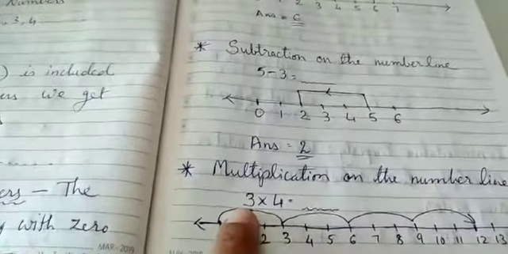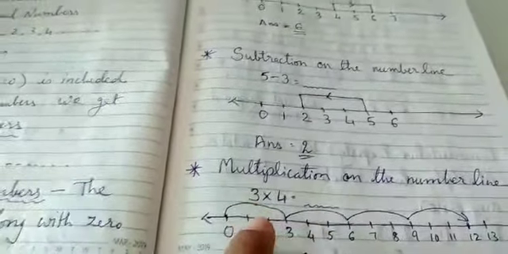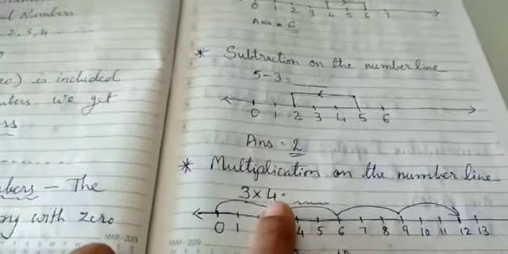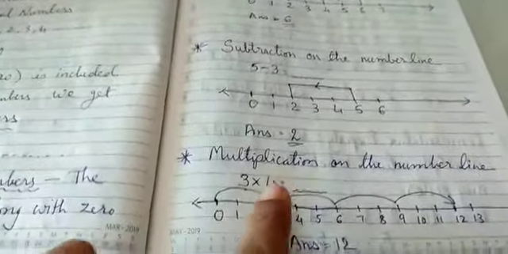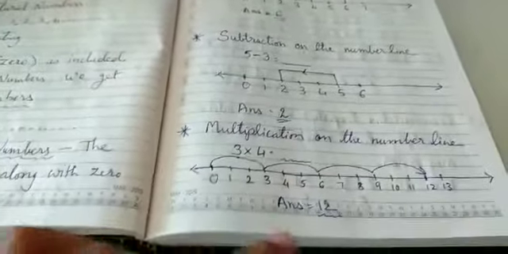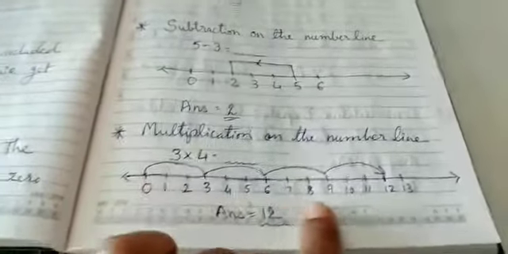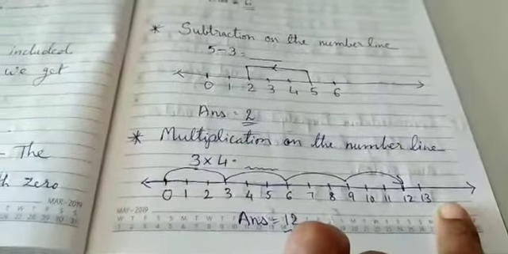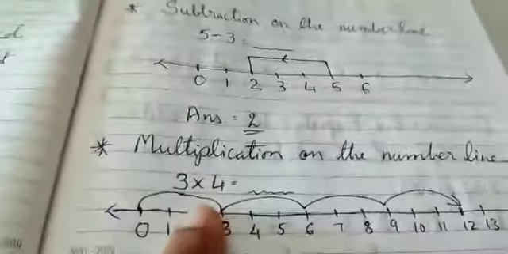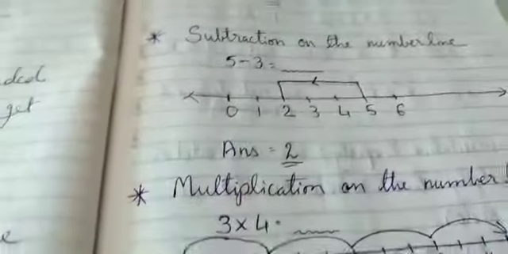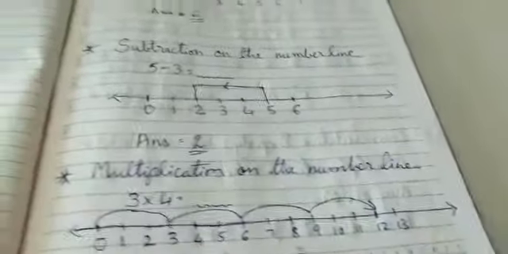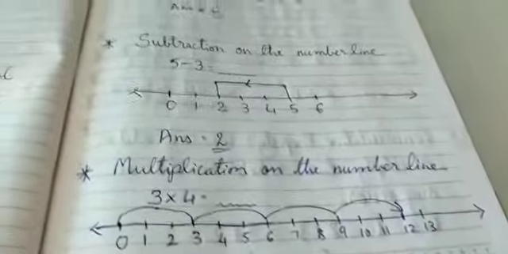Okay, the first number tells you how many numbers should be in the group you have to take, and the second number tells you how many times you have to take that group. Okay, and you will better understand by seeing the number line over here, right? You know 3 4s are 12. You know the multiplication table, 3 4s are 12. So in multiplication you need more numbers to be plotted on the number line.